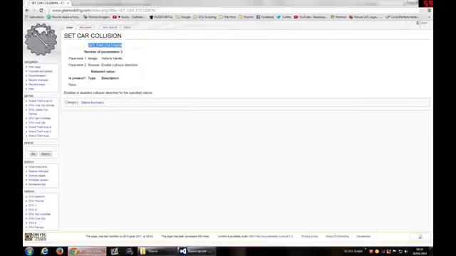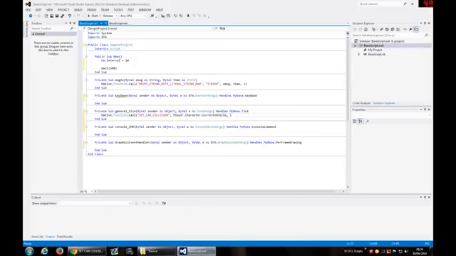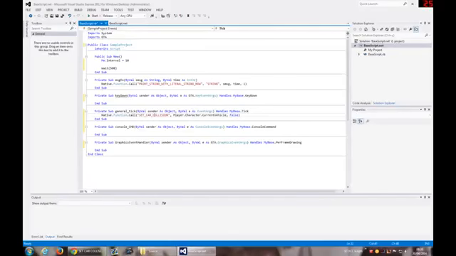The second parameter is whether collision is enabled or not, a boolean value. We can set it to false, for example. So what will happen here? It will set the car collision of the current vehicle of the player character, the player pedestrian, to false. It doesn't have collision, which means it will fall through the ground and keep falling. So basically this is how we call a method.